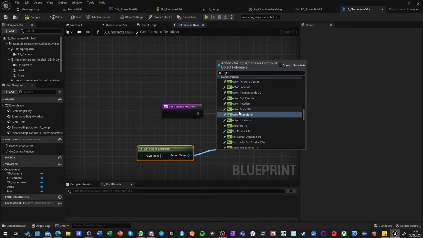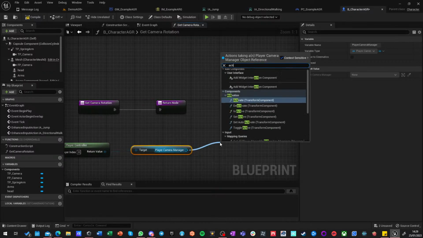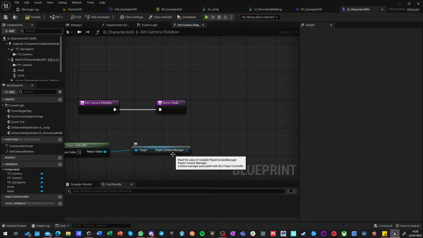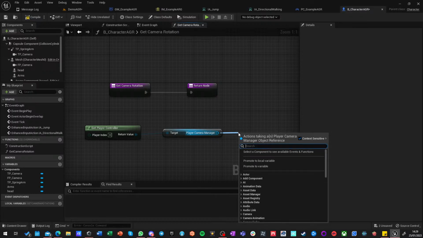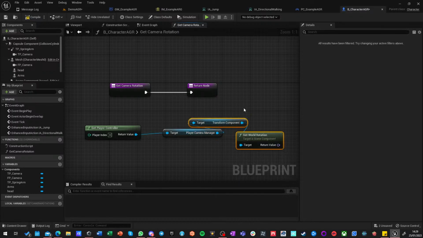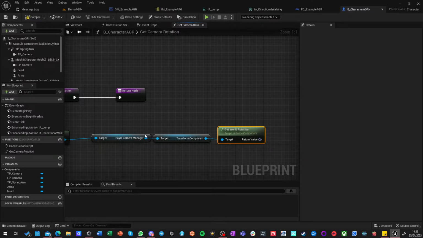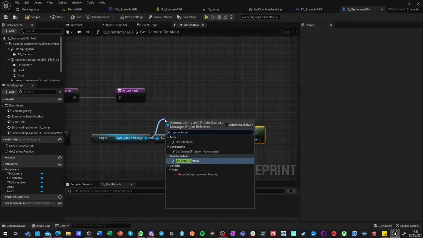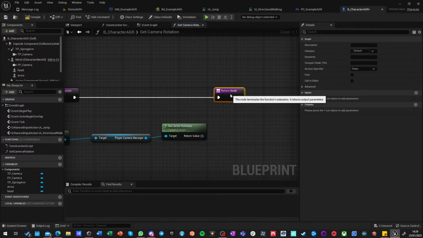I can get player control 0 because this is called only locally, it's inputs. Get camera manager. And camera manager is always attached to the viewpoint, so to any target that we have view taken from. And we can get world rotation from its transform component, or just get actor rotation. That's basically the same. So now once we get this, we want to return it as a rotator and make